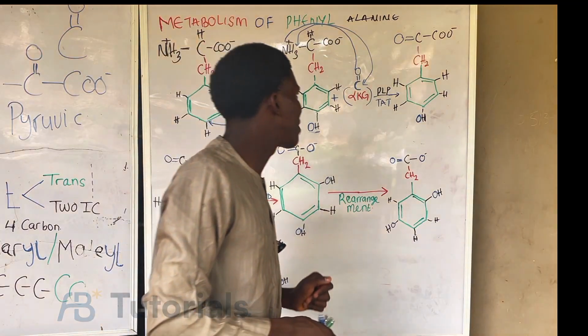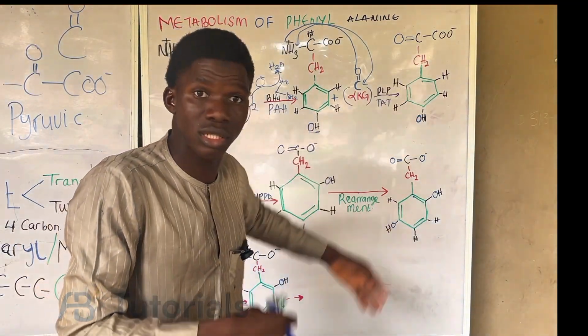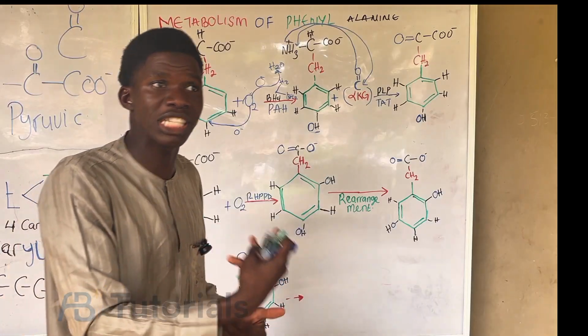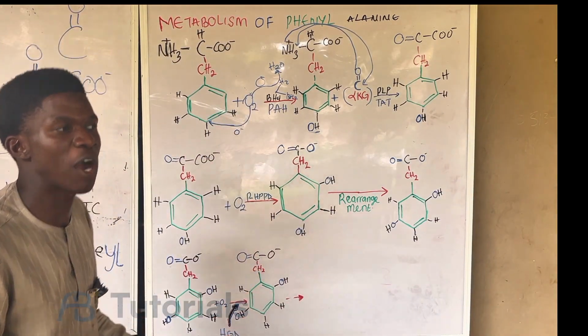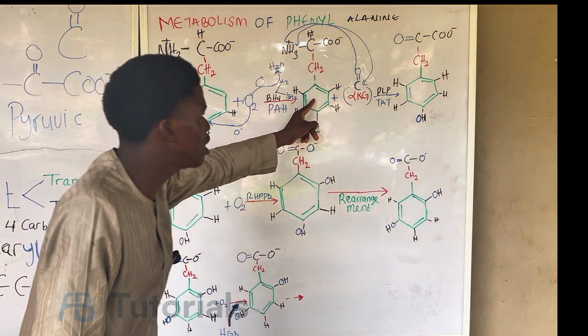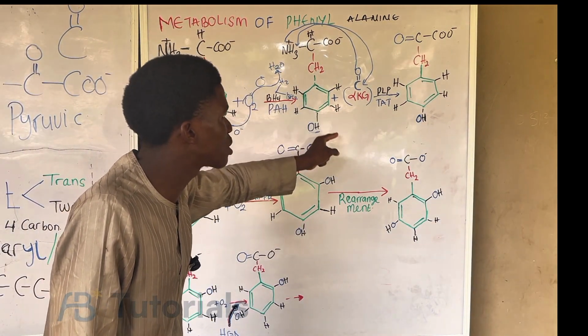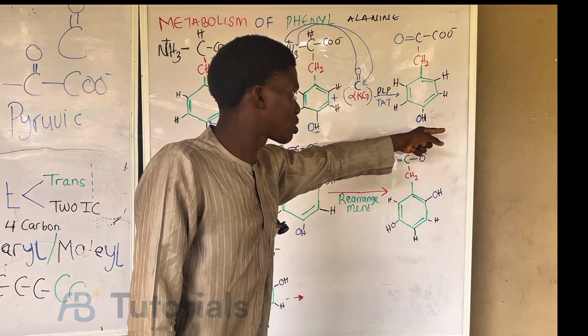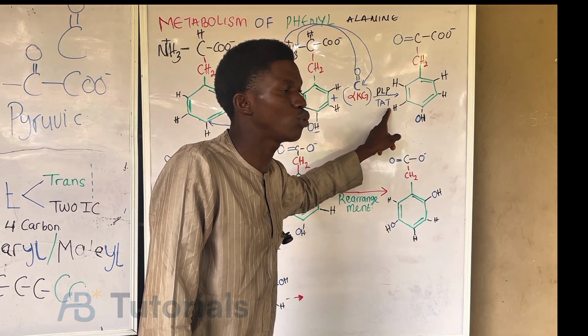And the enzyme that will be involved, since it is a transamination reaction, will be called an amino transferase. But what type of amino transferase? Tyrosine, because this is tyrosine. So we call the enzyme tyrosine amino transferase. That is why we call it TAT. And it also requires a coenzyme, which is known as